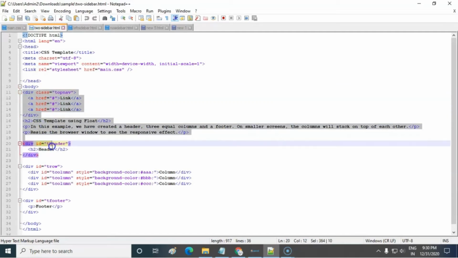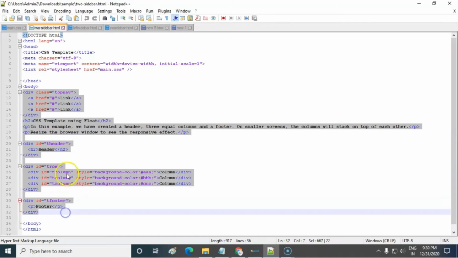Just the codes in between the body tags only.